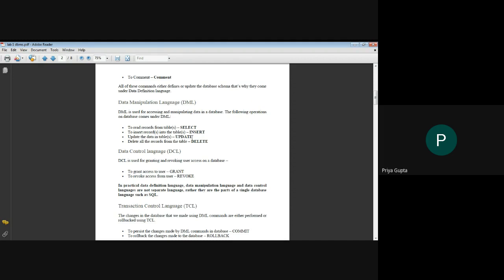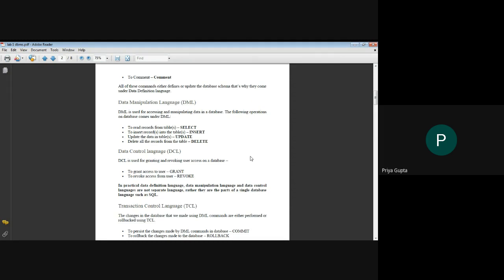Following are the operations that are used in DML. First is select. The select command is used to select or read the records from the table. The insert command is used to insert new values in the table. The update command is used to update the data that is already present in the table. And the delete command is used to delete particular data from the table.